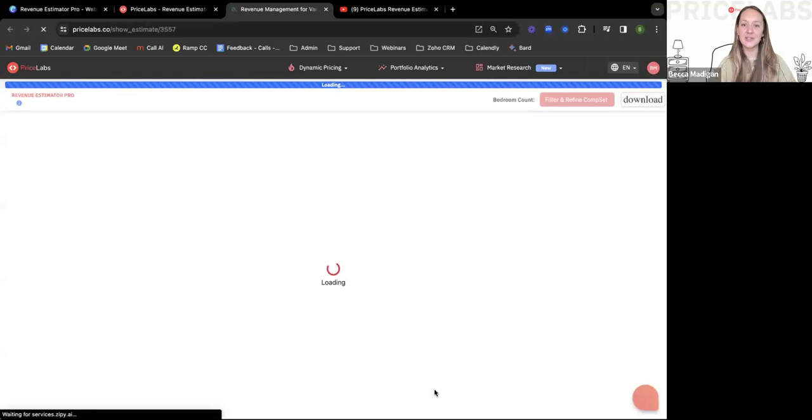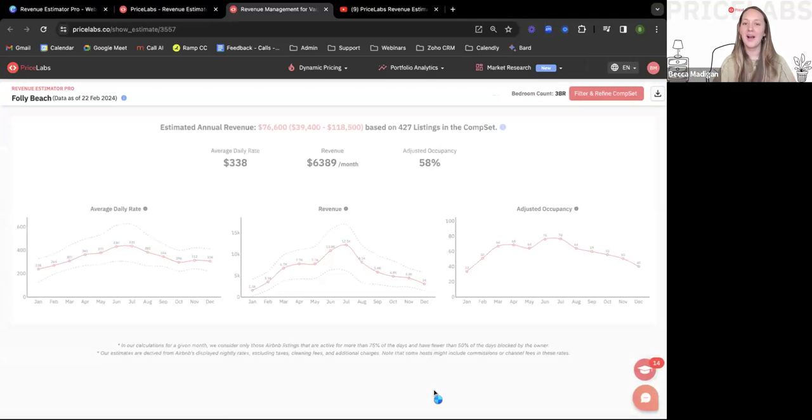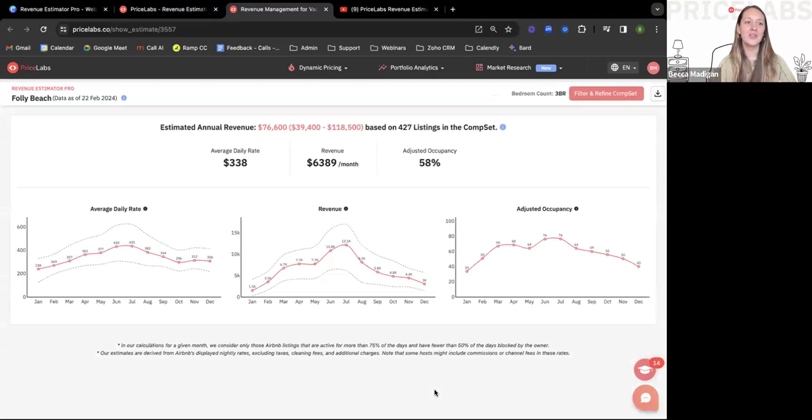Now this will take a second to load, but it's relatively instantaneous, especially compared to using something like market dashboards or manual calculations, having a bunch of market research, comparing either things that you're finding on Airbnb or other tools, all trying to figure it out all together. But here we are. So for a 3 bedroom in this area, we're basically looking at the entire comp set when you're first logged into this